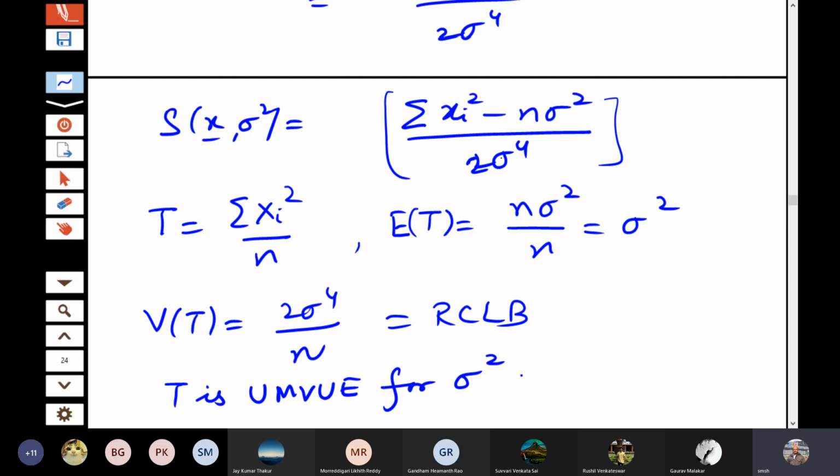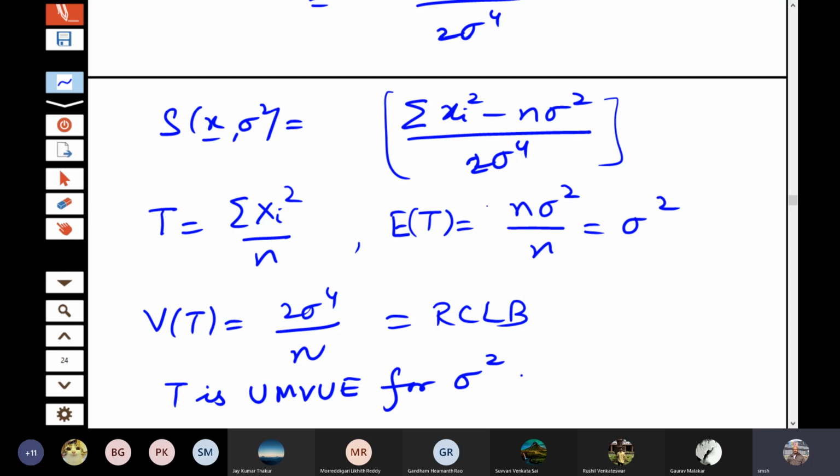Of course it has a limitation, because only linear functions of sigma xi squares will be UMVUE from this methodology. But you may have other problems, no? Like you may like to estimate, say, sigma to the power 4, because that appears, for example, in the measure of kurtosis. Similarly in other problems, certain other parametric functions may be of interest, but this method will not give you the UMVUEs for those, because in this one the strict condition for attaining the lower bound is given there.